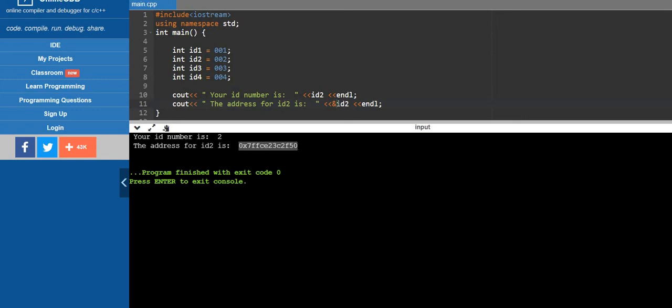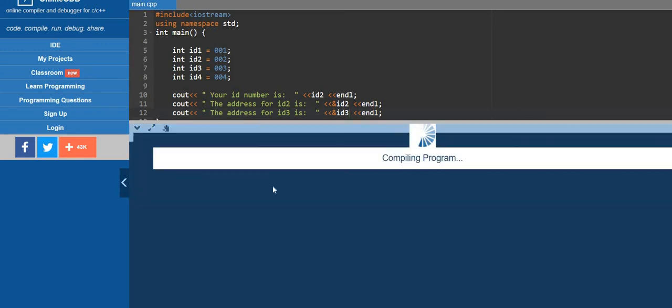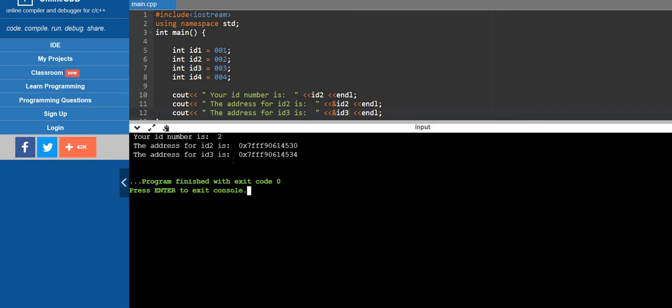Okay, and then if you want to know the address of id3, you can just copy the instruction. Okay, this one for id3, then you just call the ampersand symbol id3. Okay, and the computer will show you the address for id3. Alright, so this one is the address,